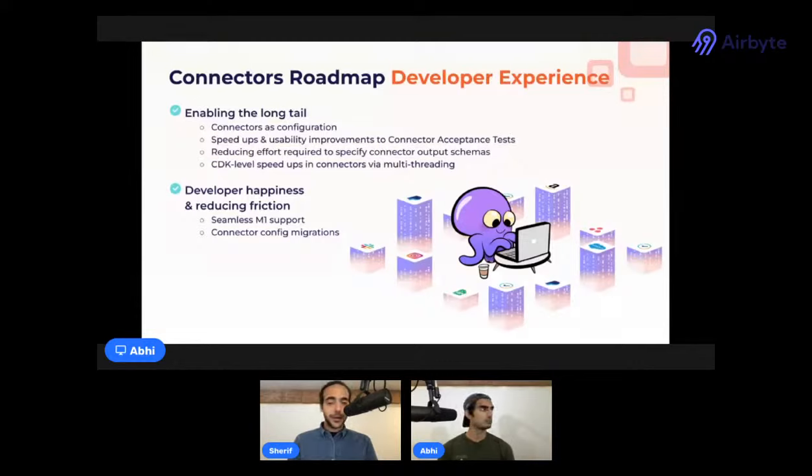So in theory, it should be possible to make the process of building a connector not that much harder than filling out a form. I recognize this is probably a huge simplification, but fundamentally, we think there is enough of an insight here that we're going to spend a lot of time this quarter making it happen and seeing how close we can get to that.